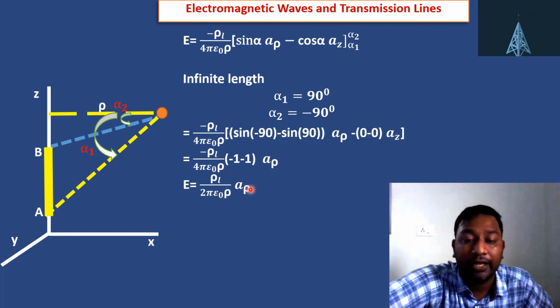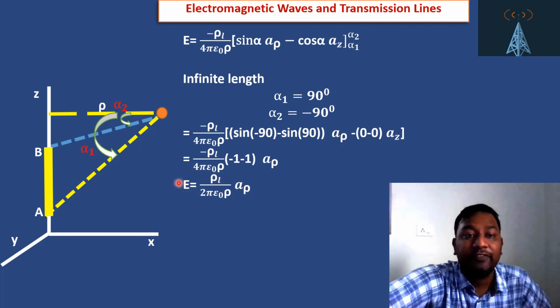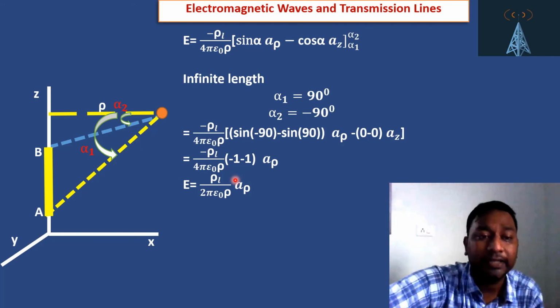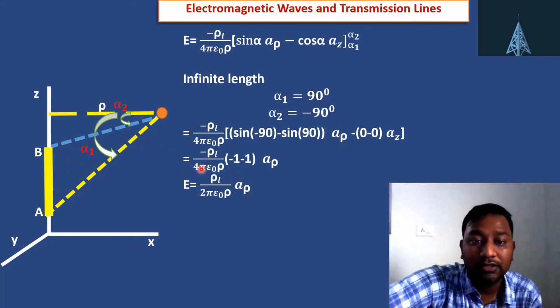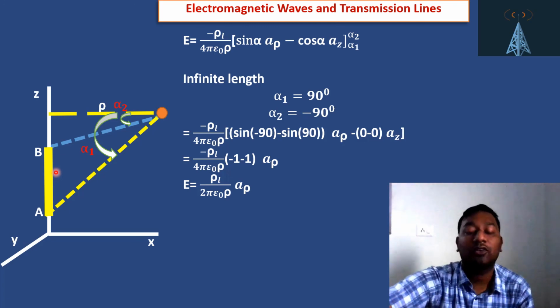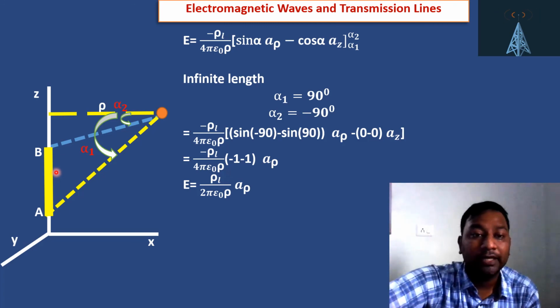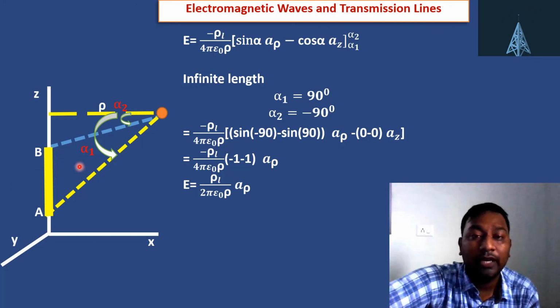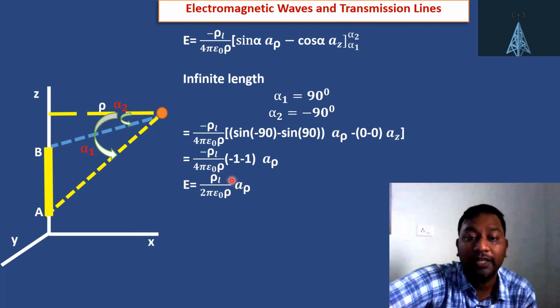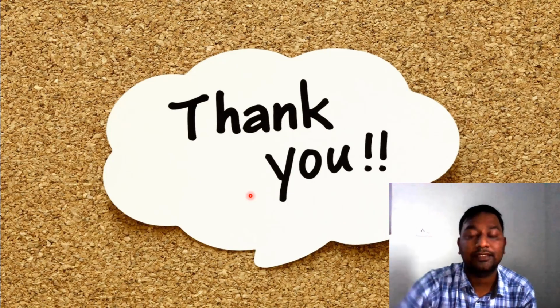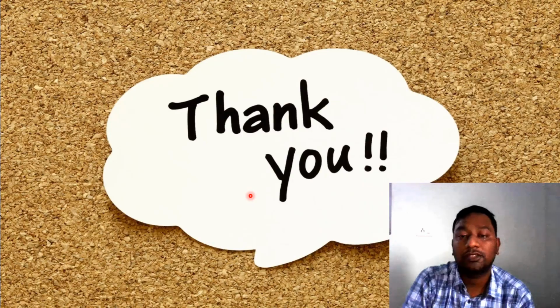So this is the electric field intensity at a particular point P due to an infinite length charge, whose density is ρL. This is one typical numerical-based example where we are calculating the electric field intensity for an infinite length. So the value will be ρL divided by 2πε₀ρ. So in the next lecture we will discuss some other topics, Gauss law, what are the applications of Gauss law and how we can